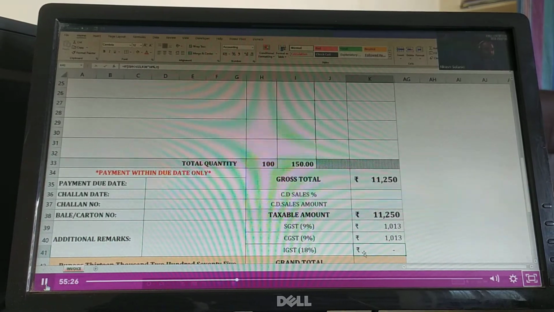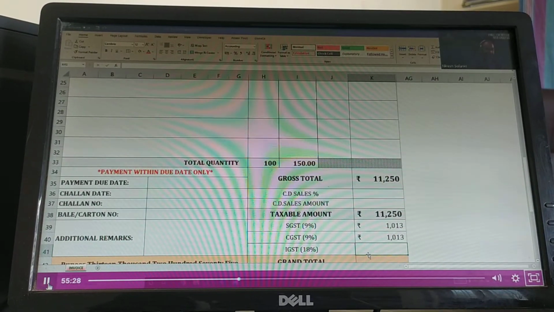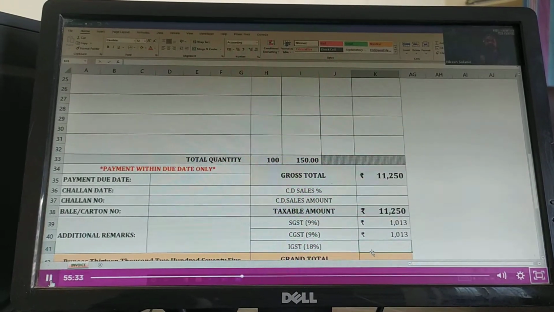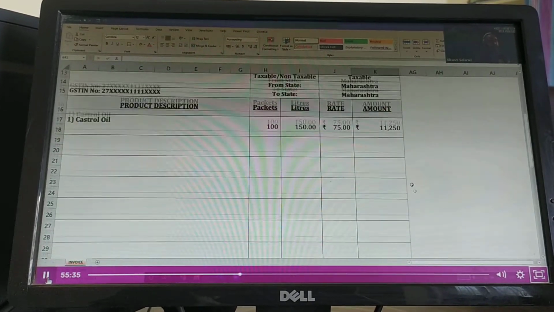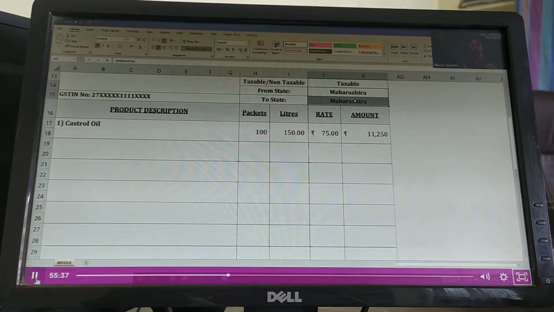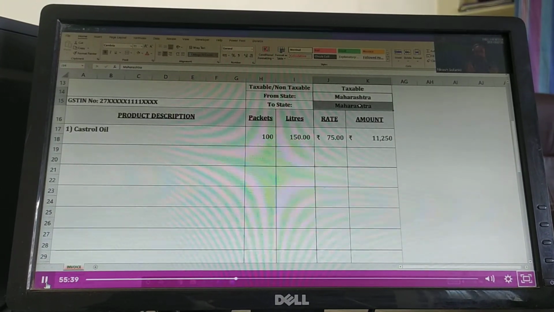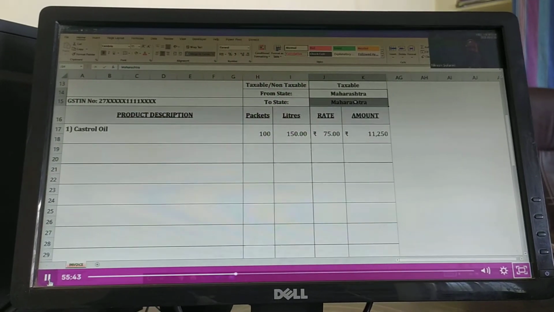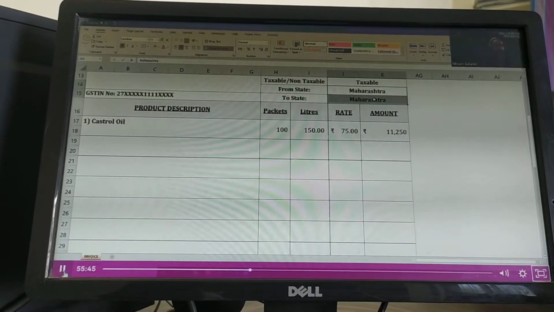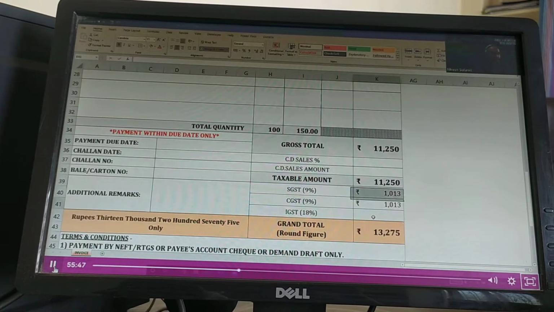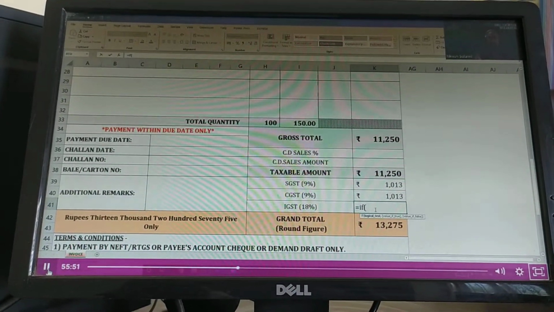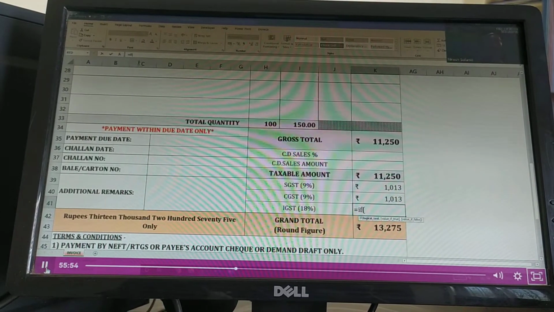So I'll explain you the IGST formula again. IGST formula is very simple. My condition, मेरी condition क्या है? मेरी condition ये है कि both the states should not be equal, right? If both the states are not equal, it should display, the formula should work. So it's very simple. मैंने क्या किया? I've written a formula is equal to if open bracket and then I go to fx, right? I'll go to fx.